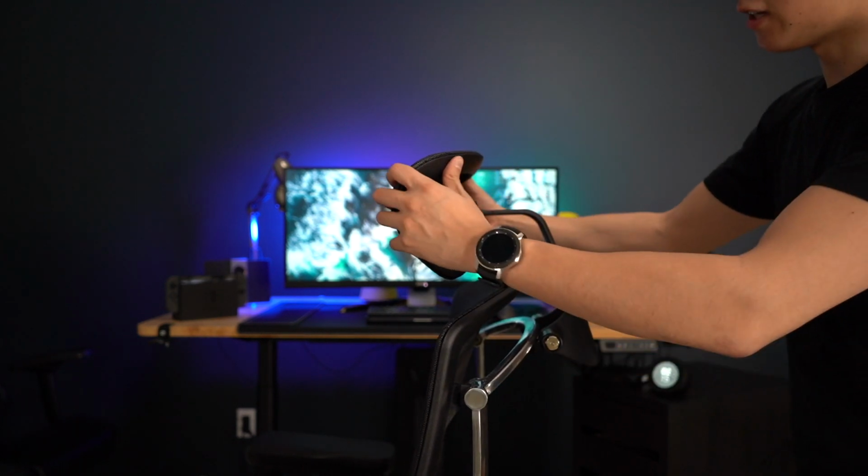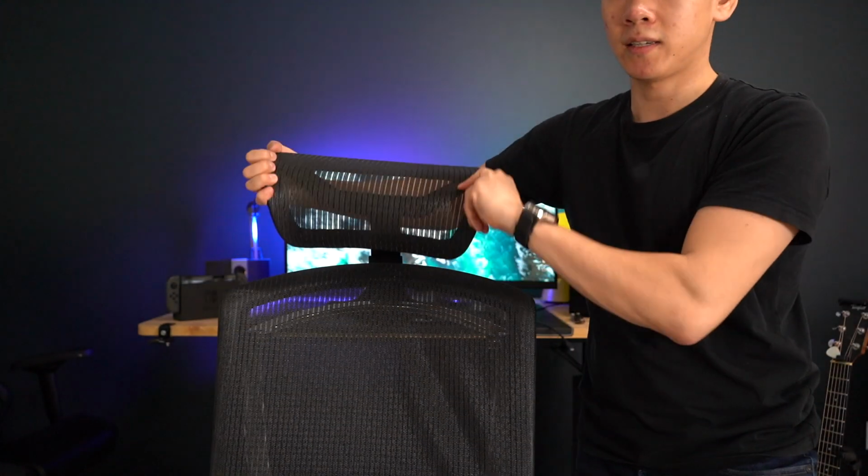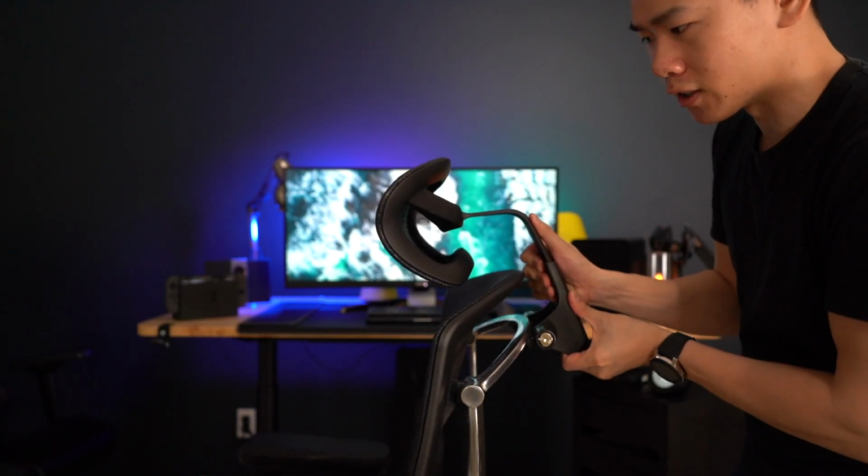and then you can tilt this up and down to match whatever that you're comfortable with, like this. And then finally, and this is the most important part, you can push this outwards or inwards. And this is really important because if it doesn't go inwards, it's kind of still like hinging. And I do see some headrests that are like this where it's just not that good, because when you're sitting it doesn't really touch your head, and you really have to lean back like this for it to touch your head. But because it goes inwards, it now fully takes care of my neck and my back and my neck